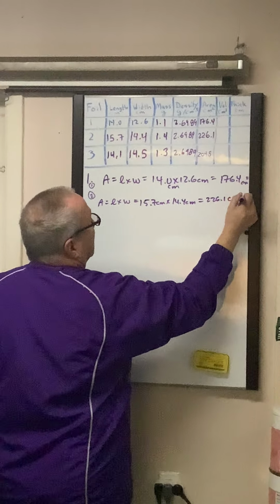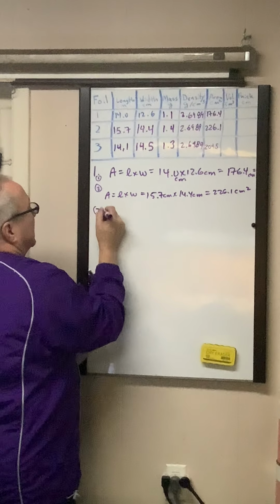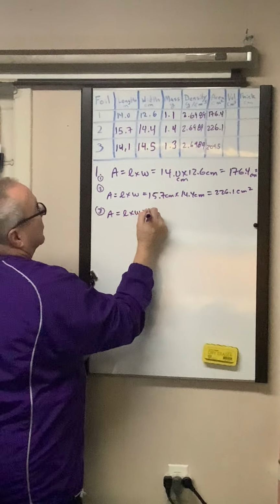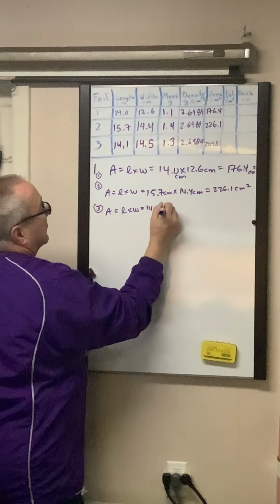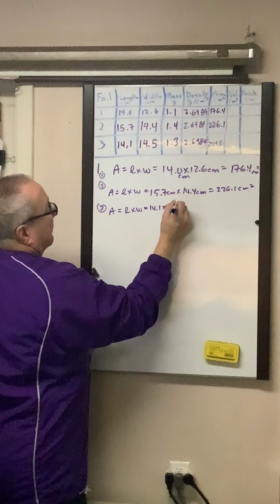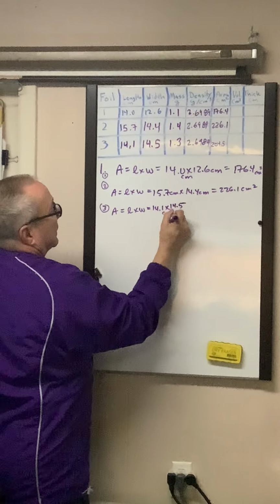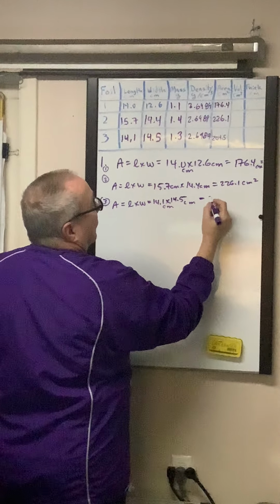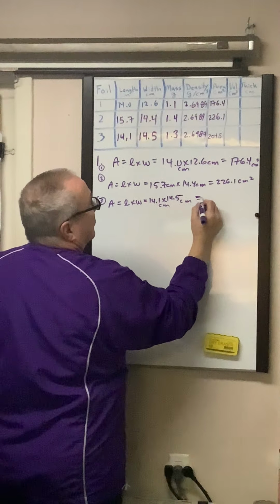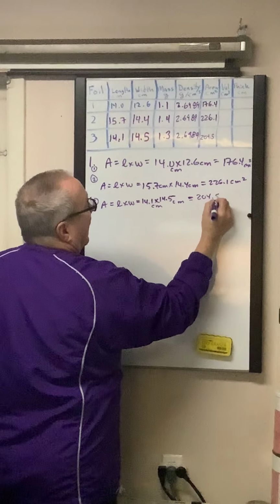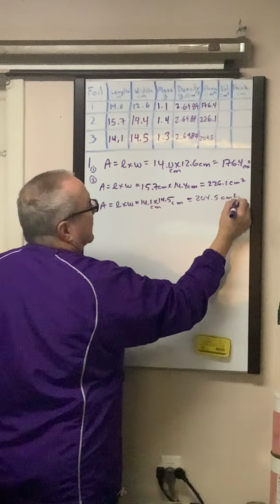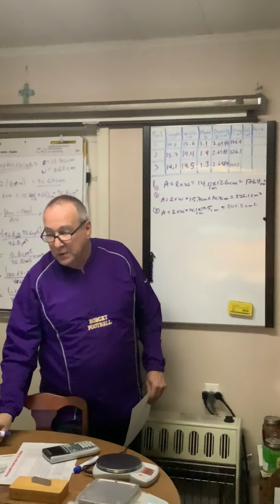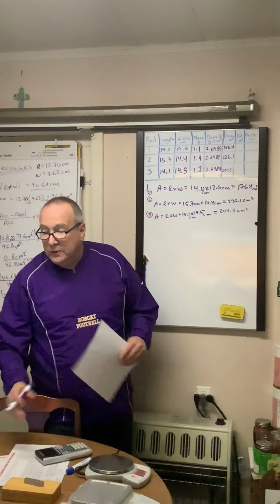226.1 centimeters squared. And finally, for number three, the area is equal to the length times the width, which is equal to 14.1 by 14.5 centimeters, which gives us an area for our aluminum foil of 204.5 square centimeters. Okay. The next thing it asks you in your analysis is to calculate the volume for each